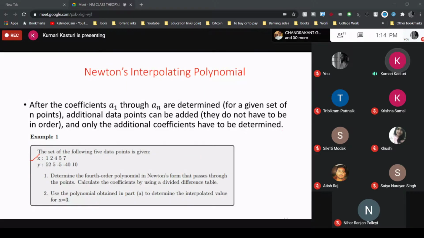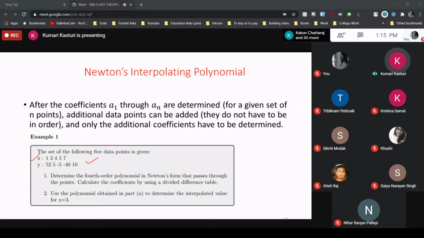This is the same question that we solved with the Lagrange polynomial. We already did the code for one question with the Lagrange polynomial. Now we have to solve the same question by using the Newton's polynomial. We will get the same answer. We'll check the procedure you followed in the Lagrange polynomial; here we have to follow a different procedure. That's why I have given you the same question to write the code.